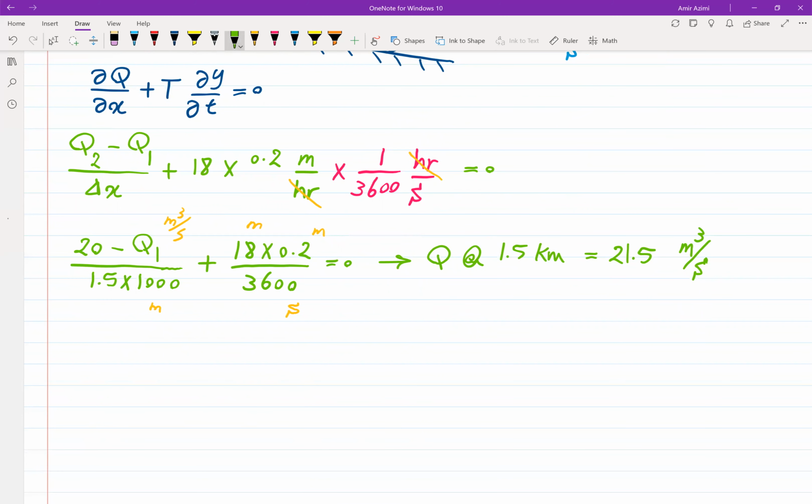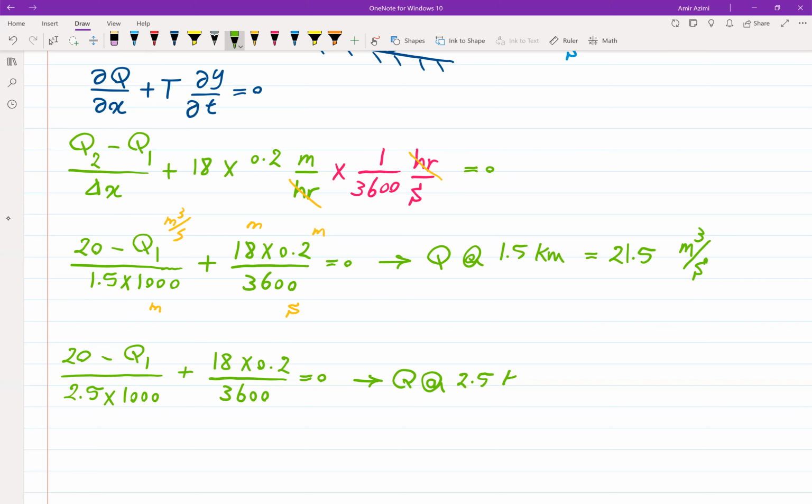So for part B, we do the same thing. So the measured discharge at the downstream is 20 cubic meter per second minus Q2 here, or I can just call it Q1, divided by 2.5 times 1,000 plus 18 times 0.2 divided by 3,600 is equal to 0, and that gives me Q at 2.5 kilometer distance is equal to 22.5 cubic meter per second. Okay, so